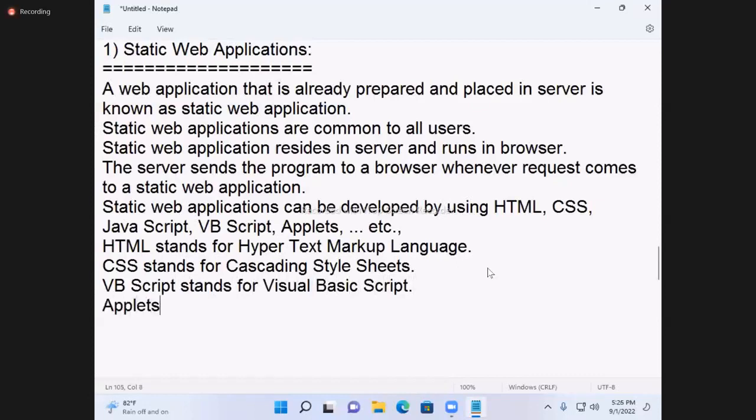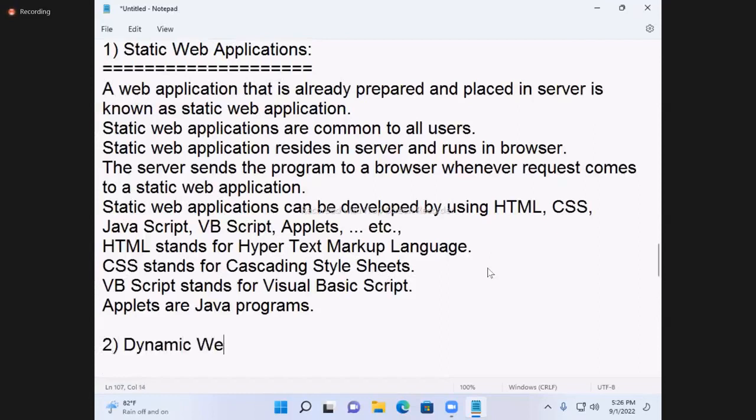Applets are Java programs. Just write the notes with diagrams. I'll explain tomorrow class.